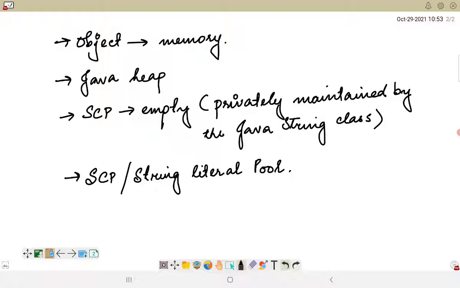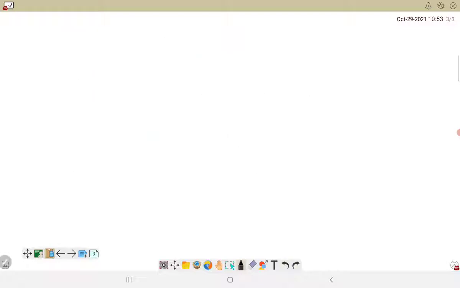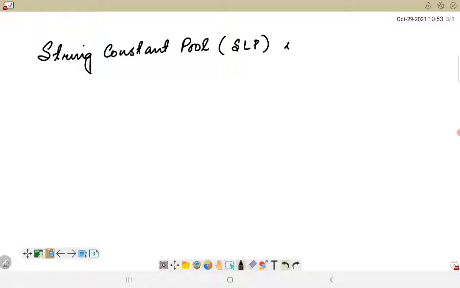Okay, so as already mentioned, let me write it down: the string constant pool or the string literal pool is an area in heap memory.